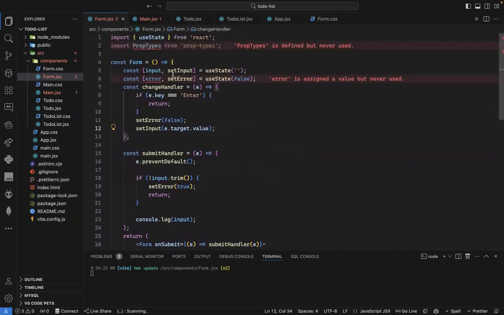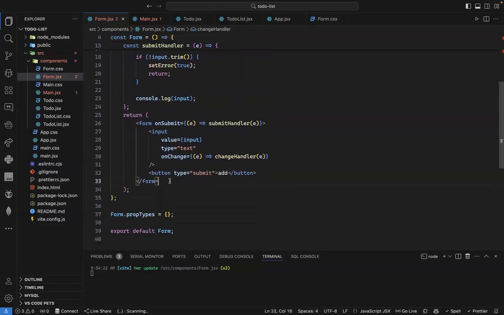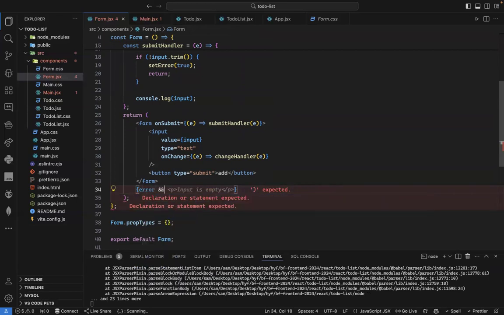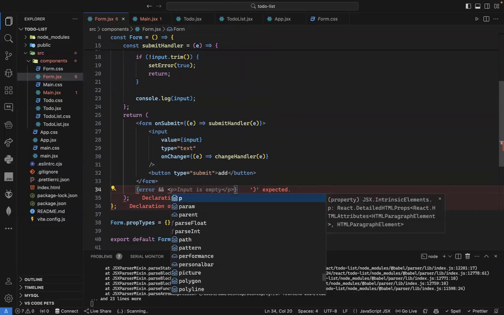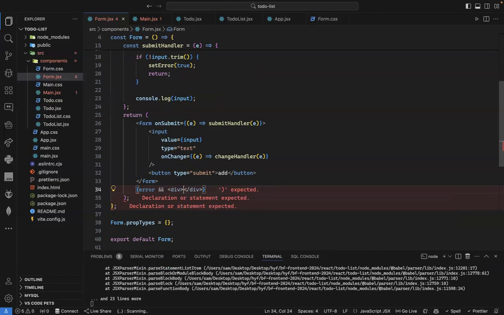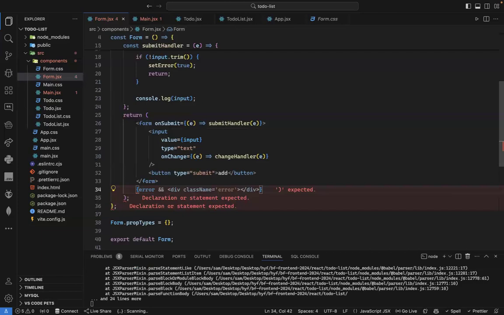Remember, the value of the error is true or false. So maybe I can render my error conditionally. Do you remember rendering a value conditionally? Yes. So maybe I can come here and put a curly brace and say error. So if the error is true, it will show it. If it's not true, it will not show this message. And here I can close my div and give it a class error. And here I can just say, for example, text cannot be empty, or input